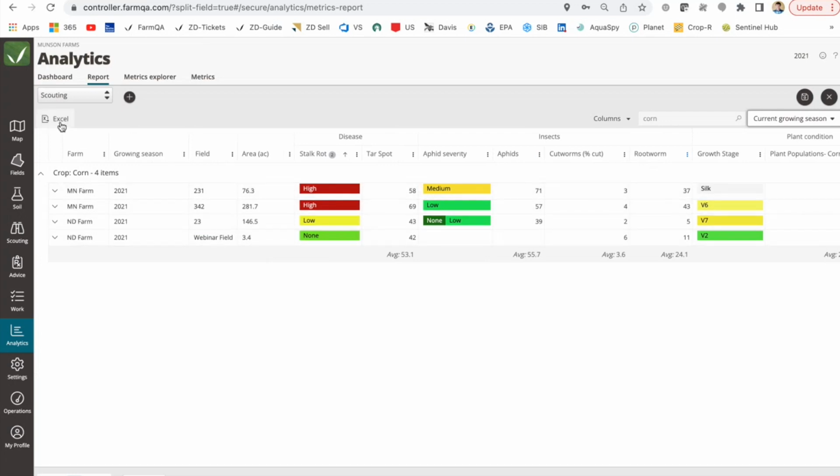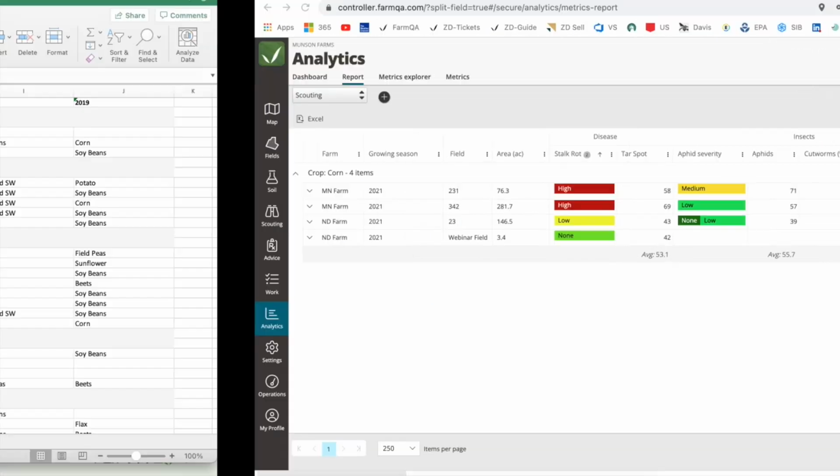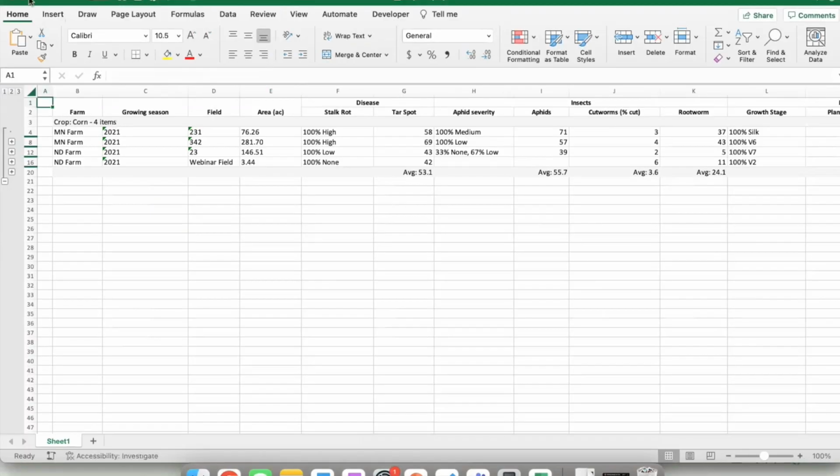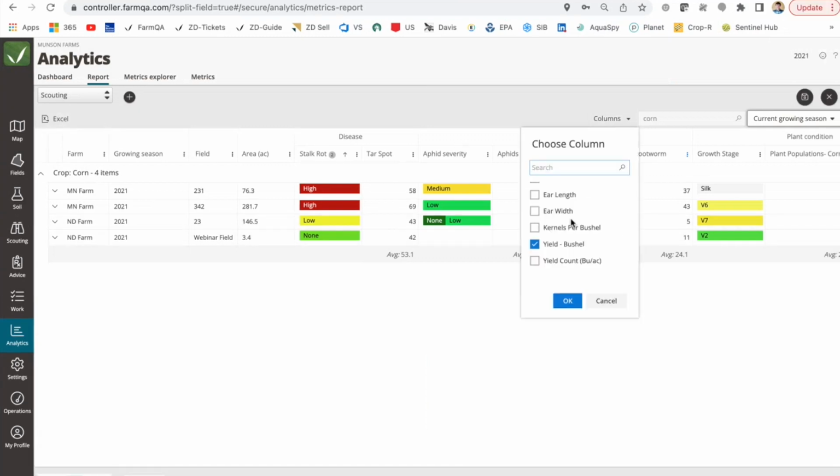What you can do at this point is export that to Excel, and we can go back into a crop rotation view. So let's say I pull up this field that had those rootworms. Actually, I'm going to do one more example for you here. Let's say that you wanted to do a report that had just that information in it. So what you can do here is generate and select just the columns that were relevant for that